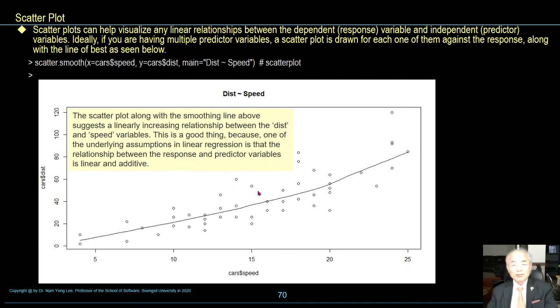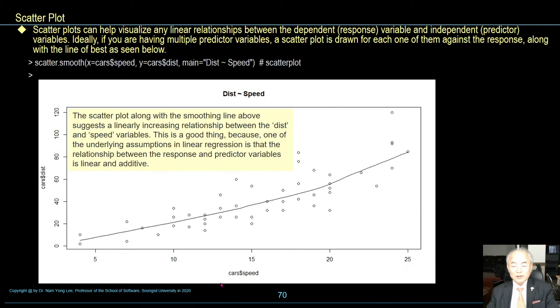This scatter plot along with the smoothing line above suggests a linearly increasing relationship between distance and speed.